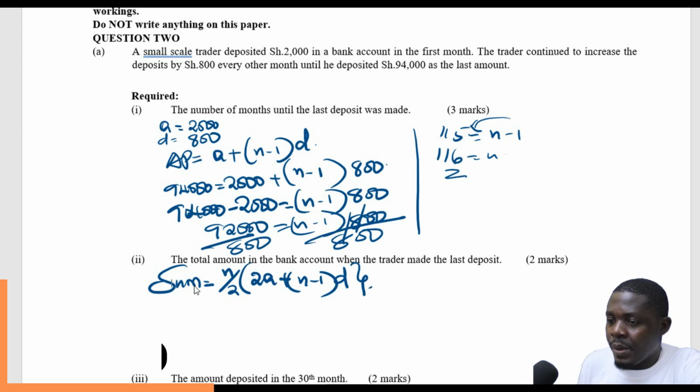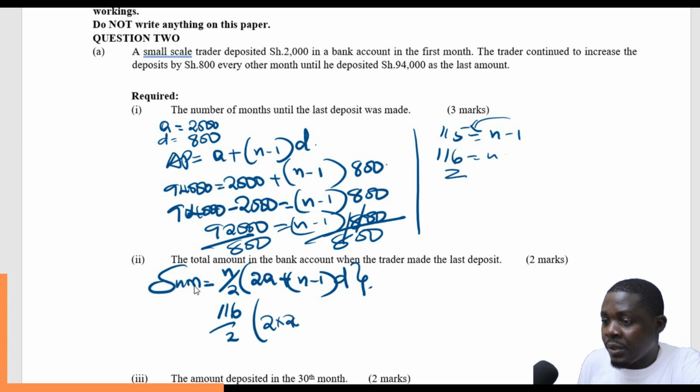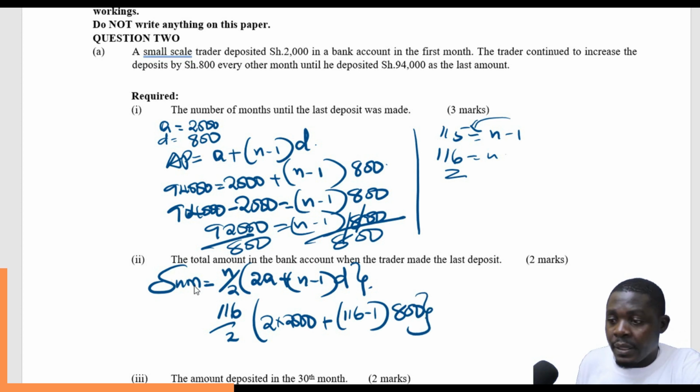In this case we have gotten N as 116. So 116 over 2 into (2 multiplied by 2,000 plus (116 minus 1) multiplied by 800). Dividing, we get 58 into 4,000